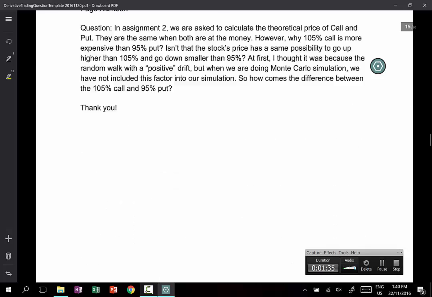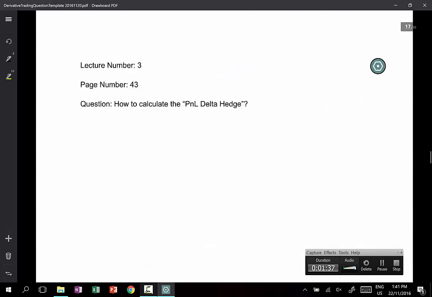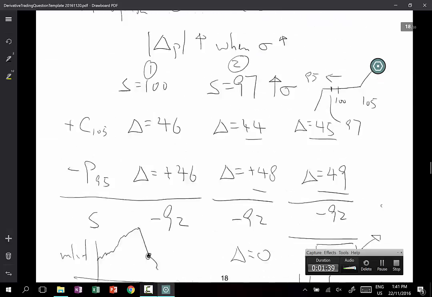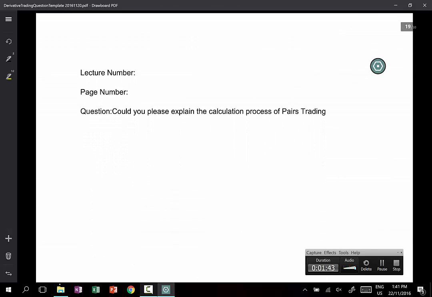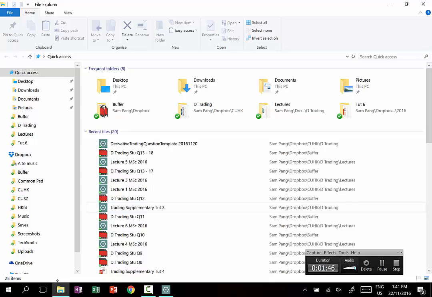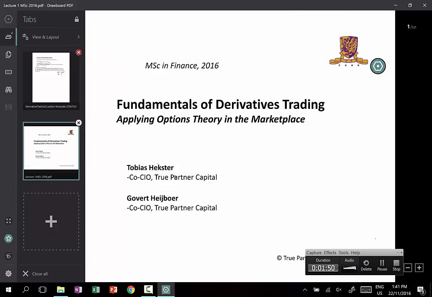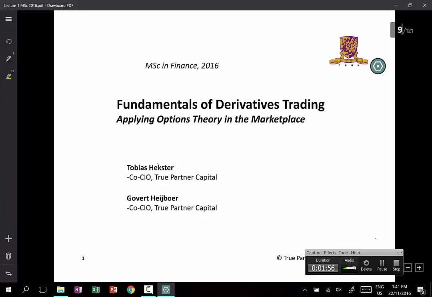So I already spent quite some time talking about that, but I could maybe add an overview here by going to, let's say, lecture 1, and I think you are talking approximately around page 90,